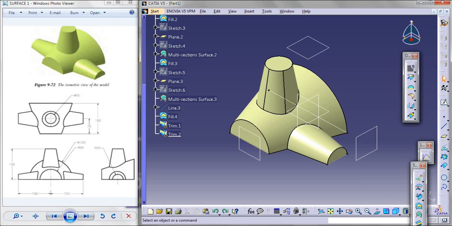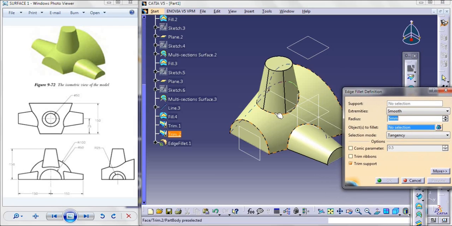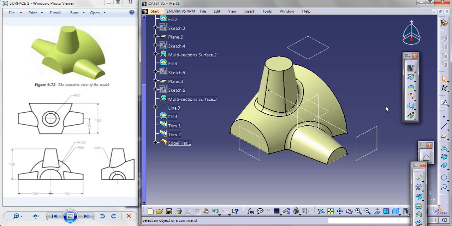In order to add fillet, you will have a fillet option here. Go for fillet. Under fillet, go for edge fillet. And here you will be selecting your edges. Say this edge, specify the radius. I'll be giving it as 10. So like this you will be creating your edge blend options. I'll be adding it for all the edges. Give it as OK. Now you can see your fillets will be created like this.